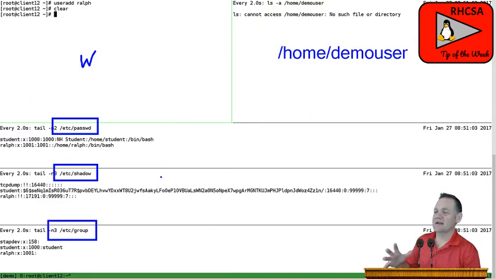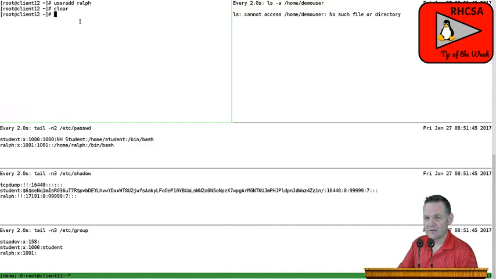So when I create a user, when I do a useradd for demo user, we should see the contents of the /etc/skel directory copied over here into home demo user. We should also see an entry added in the /etc/passwd file, the /etc/shadow file, and then also in the group file. So let's see if that actually happens. So if I say useradd and then demo user,